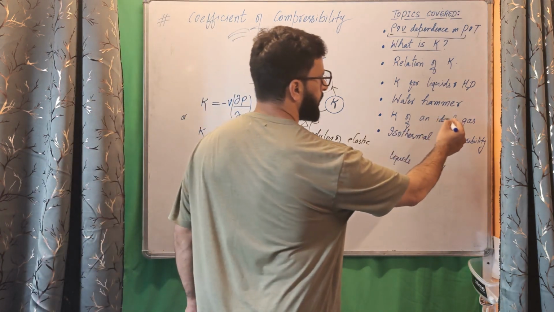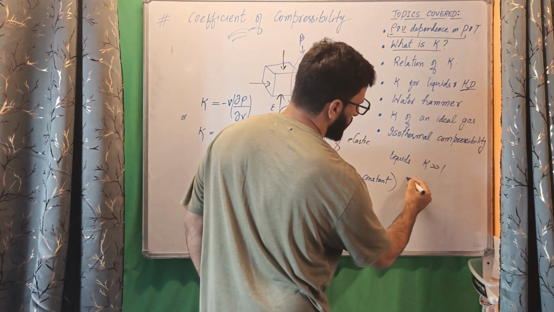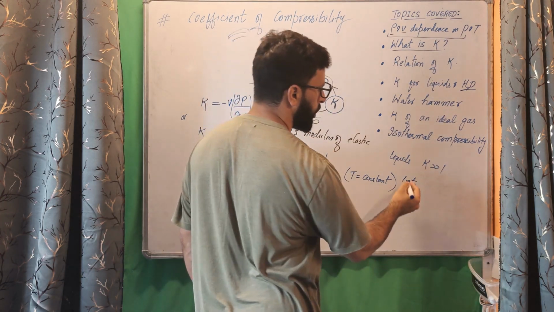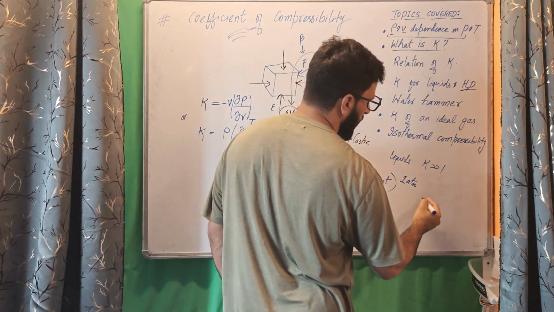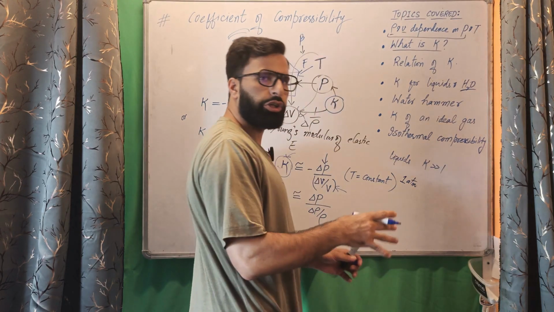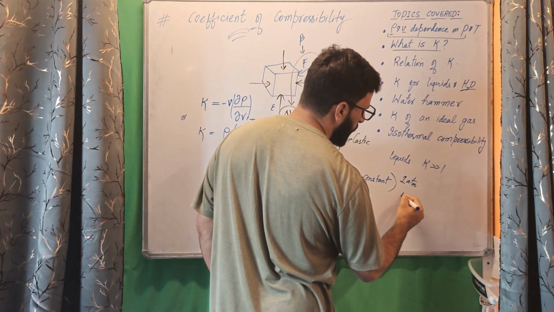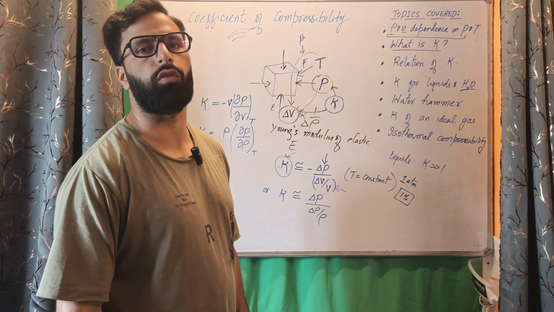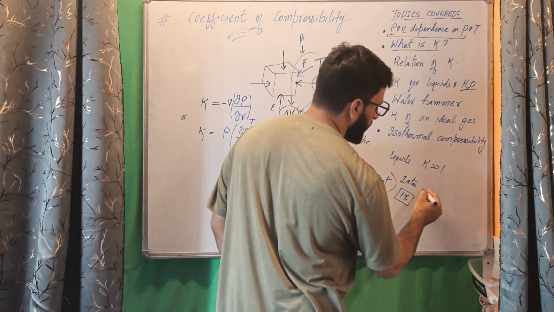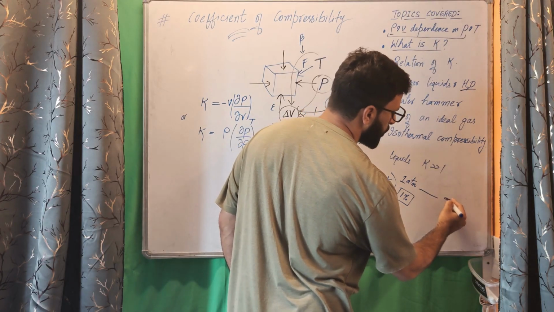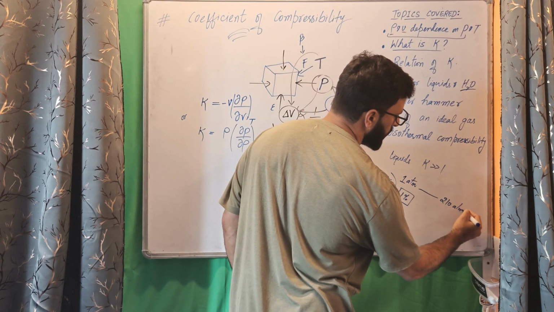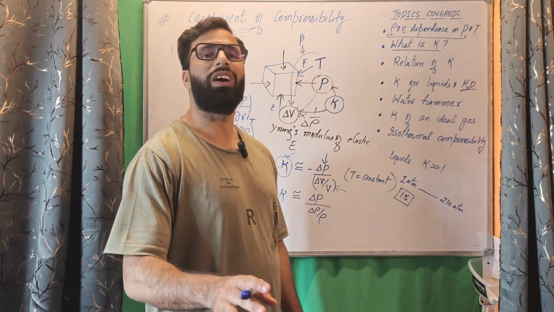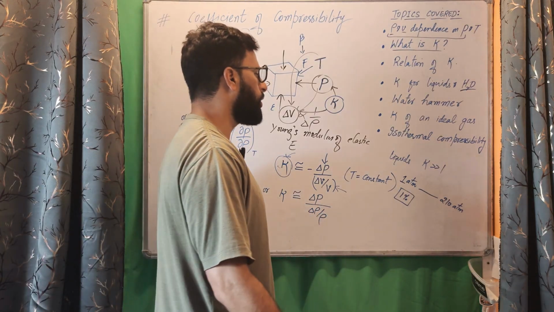For example, if we take water at normal atmospheric condition, 1 atm, and want to apply pressure on it so that 1% volume change or 1% density change occurs, we have to increase pressure from 1 atmosphere to 210 atmosphere. This is how large the pressure has to be increased for water in order to cause a 1% change in volume or density of water,